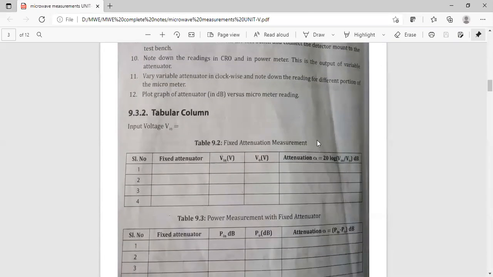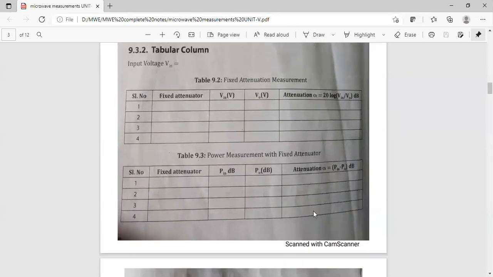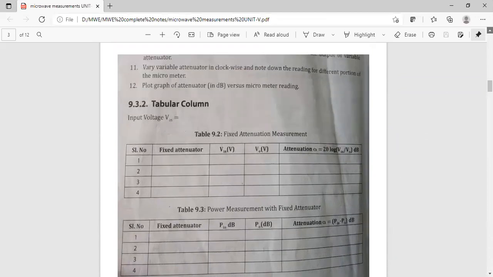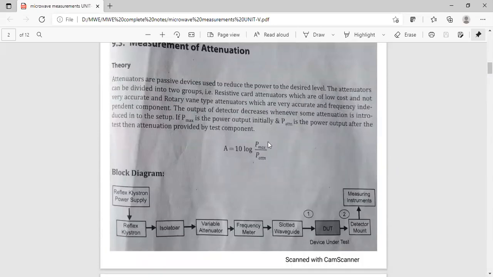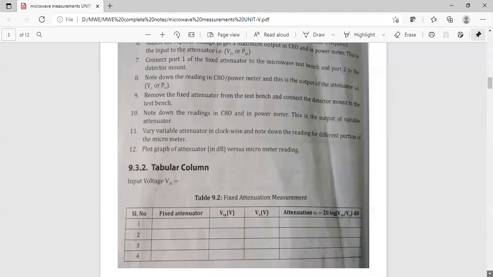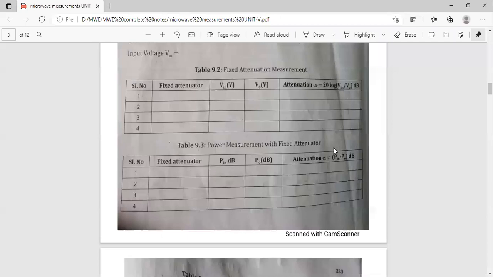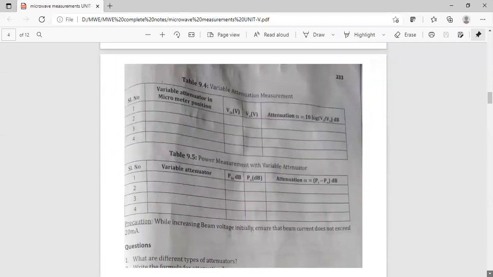As I mentioned in the morning, it is 10 log of the power ratio, and if you are taking voltages, 20 log. If you are measuring directly in dBs, you can take Pn minus P naught; or else if it is not in dBs, you have to use this formula. Be careful about whether it is in dB. Here, when you observe the tabular form, these are directly given in dBs, that's why they have subtracted. Be careful, so don't get confused about these formulas.